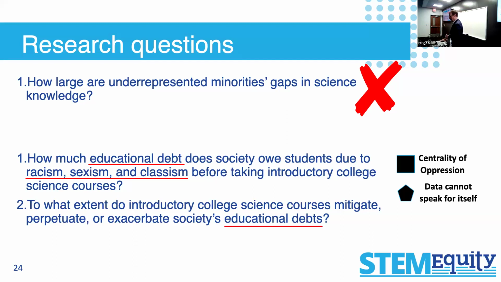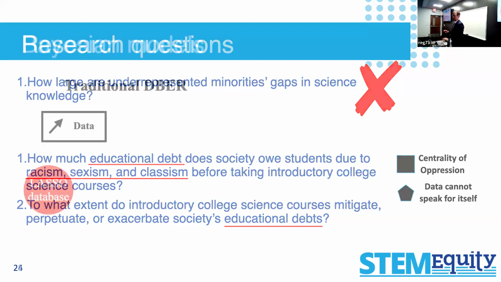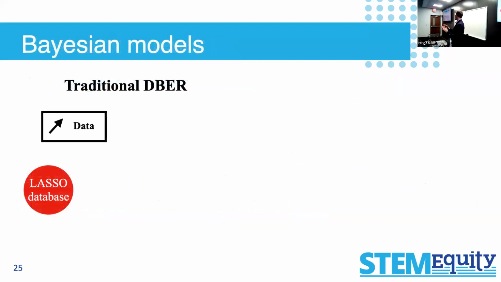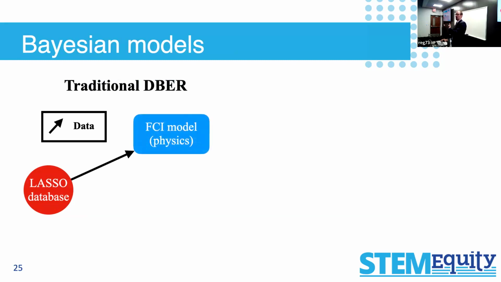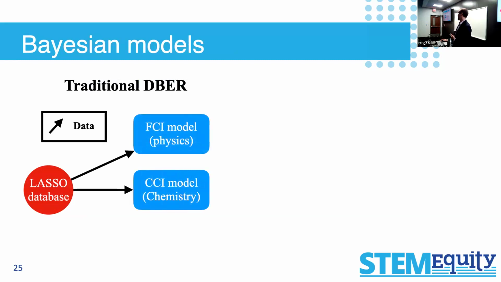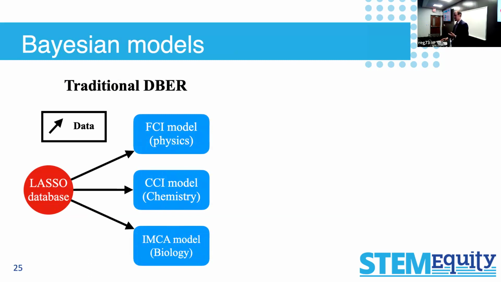That's a good point. So I'll give you one other methods place here, and this is a paper I need to write. Nobody's written it yet, but I want to think about modeling and where these tenets come into modeling. So in a traditional model, we'll take our data and we're like, cool, I'm going to make a model for my physics course. I'm going to make a model for my chemistry courses. I'm going to make a model for my biology courses. But